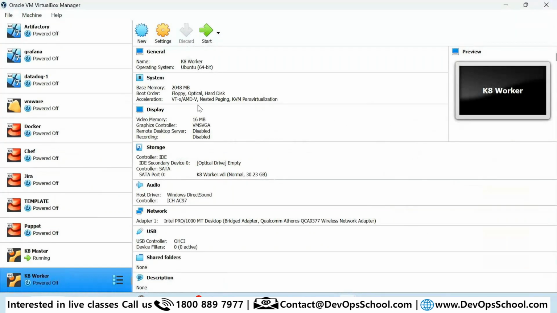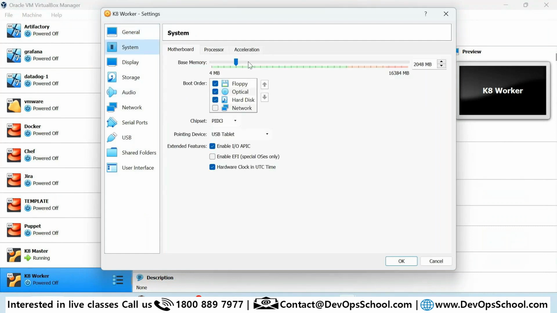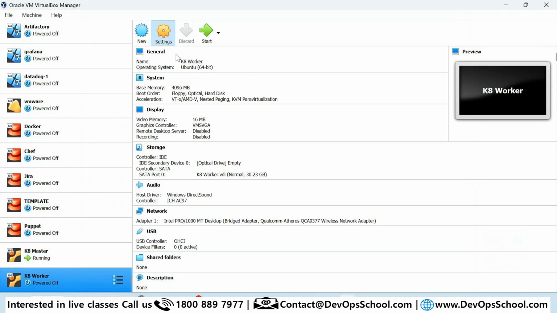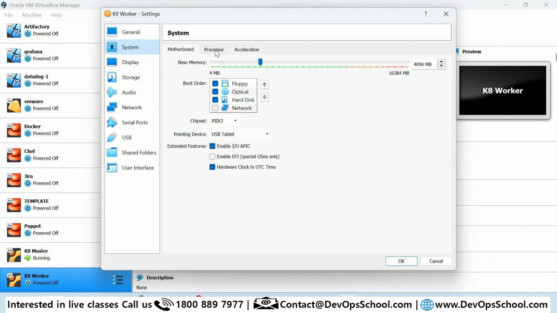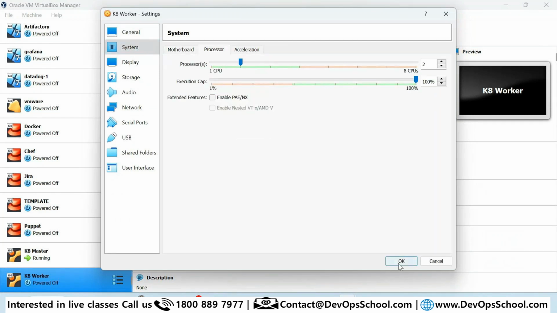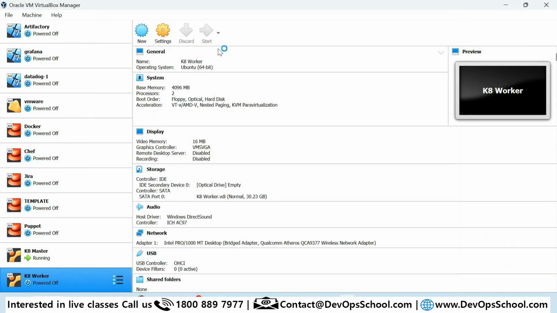Now it will not have a problem, because I'll assign 4 GB RAM or something and 2 CPU. That was creating the problem. Okay, so now it's okay.